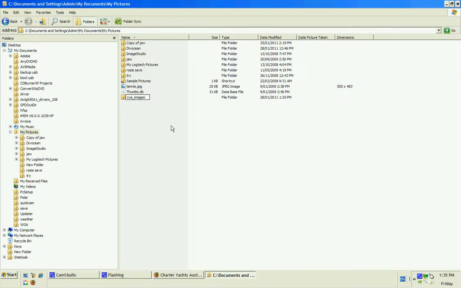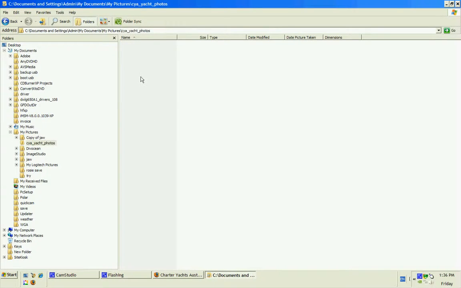Once I have done this, I will right click for myself. This is how I do it. Create a new folder, and I'm going to call it original. Now this is where I'd say the original photograph. So all image work you should always do from the original photograph. Then I would move on to